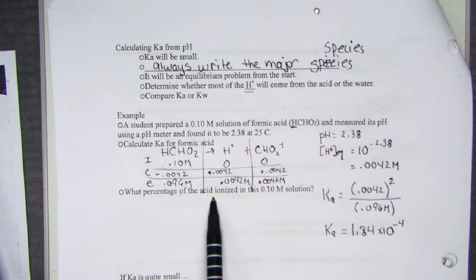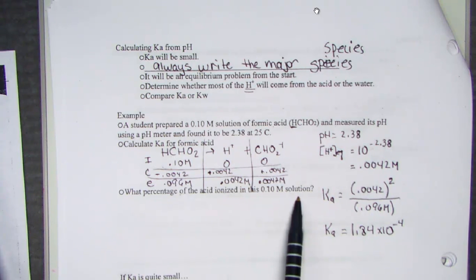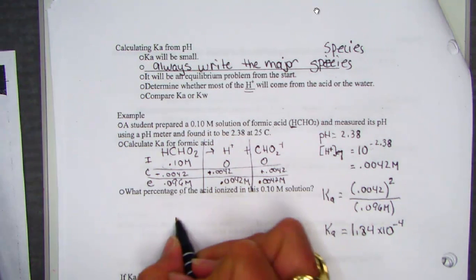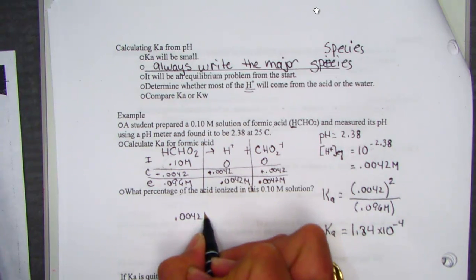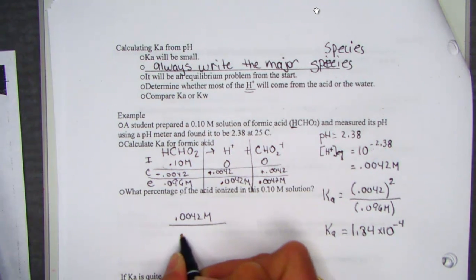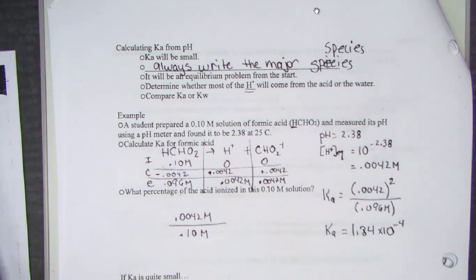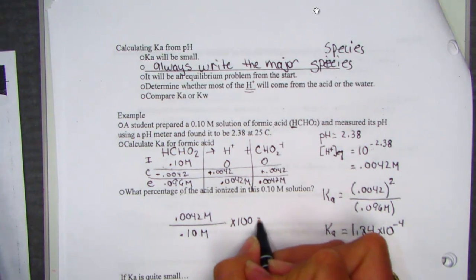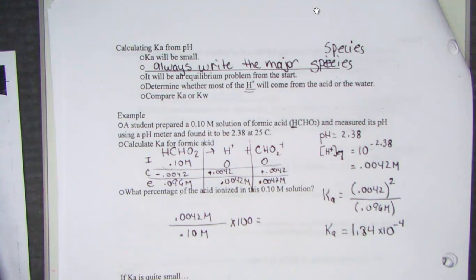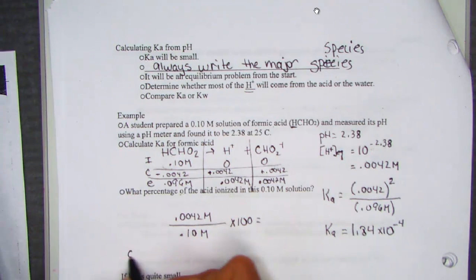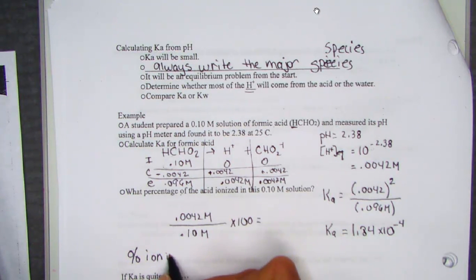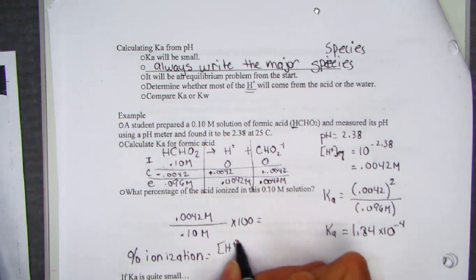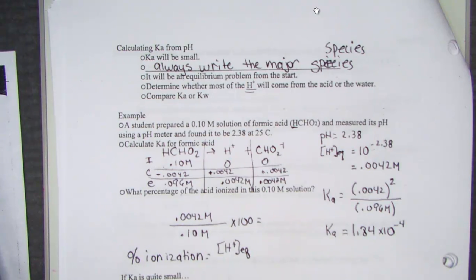What percentage of the acid ionized in this 0.1 molar solution? What percentage ionized? Well, the ions that came out, 0.0042 molar, compared to the original concentration of 0.1 molar, multiplied by 100 to express its percentage. What percent ionized? Well, let me just kind of put that into a general formula for us. The percent of ionization is equal to that molarity of the hydrogen ion we found at equilibrium